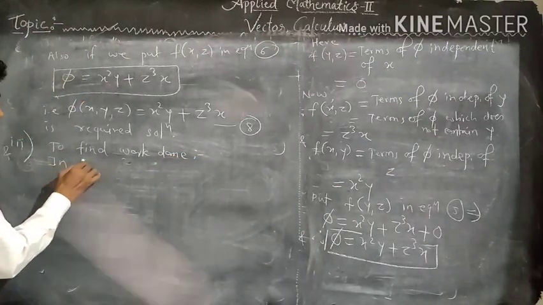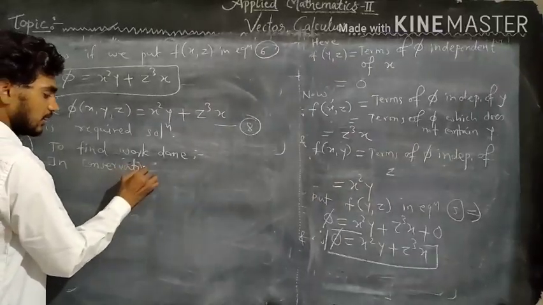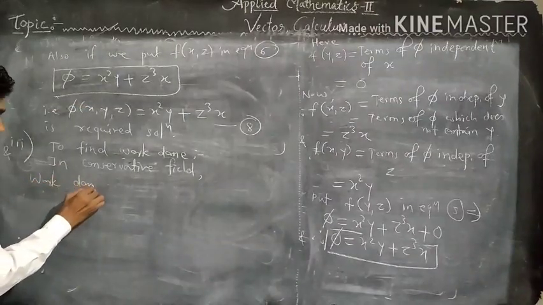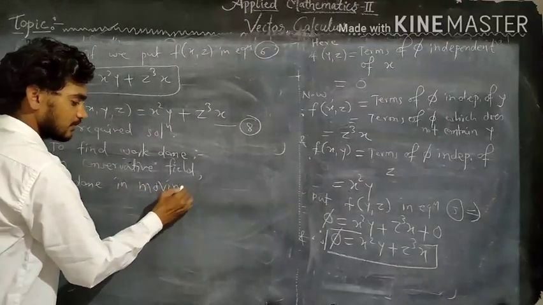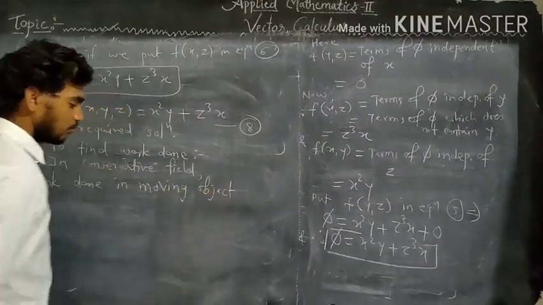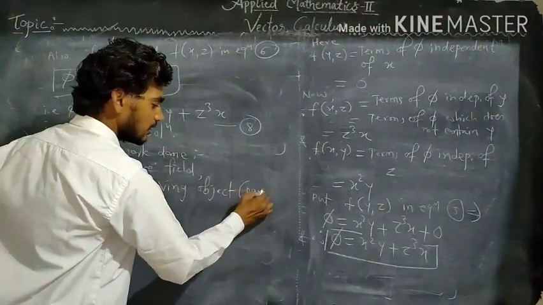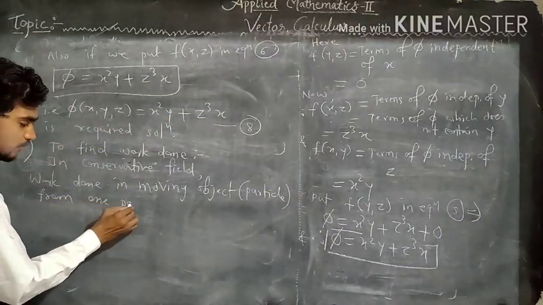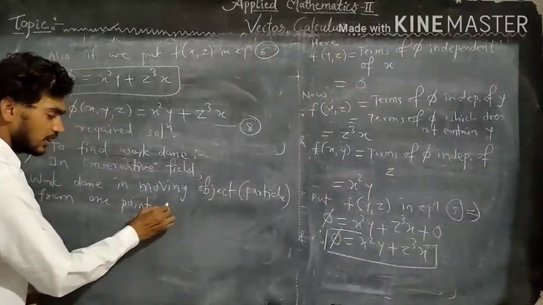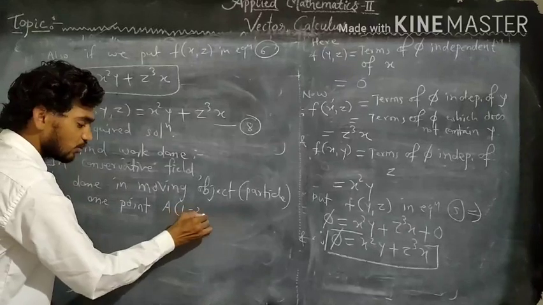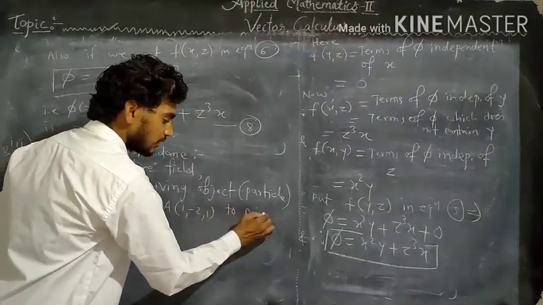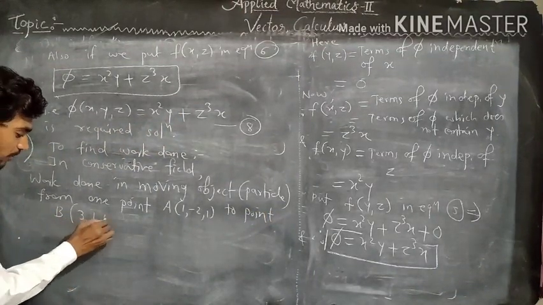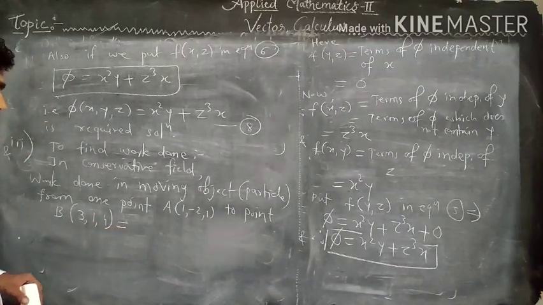We know that in a conservative field, work done in moving an object or particle from one point, say point A, which is given here as 1 comma minus 2 comma 1, to point B, which is given as 3 comma 1 comma 4, is equal to, now in a conservative field